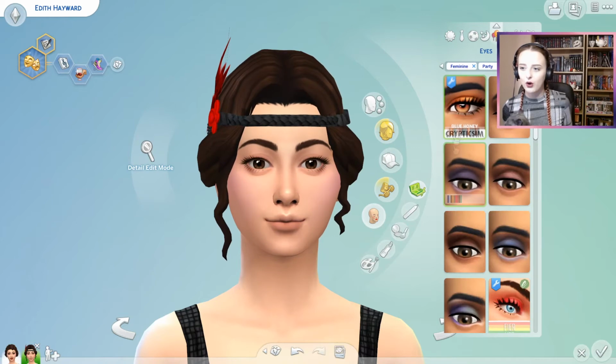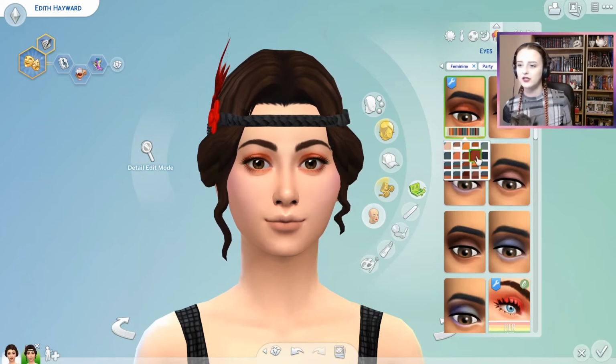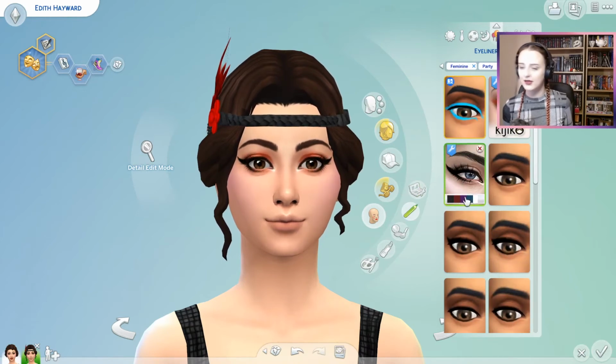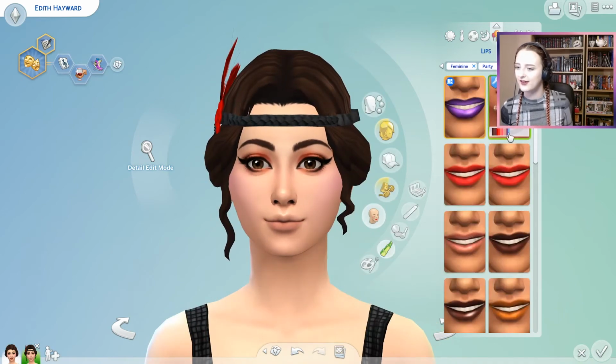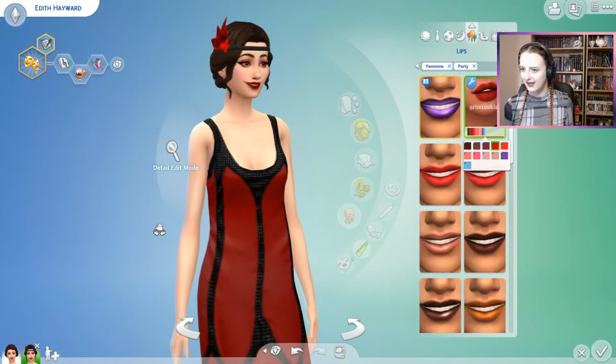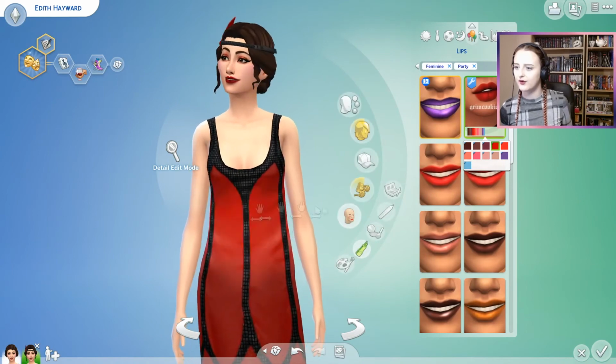And I went for red eyeshadow to go with the red dress and the red feathers in her hair, which was quite adventurous of me. I never do makeup. This definitely looks more of a modern style flapper dress than the one I chose for the